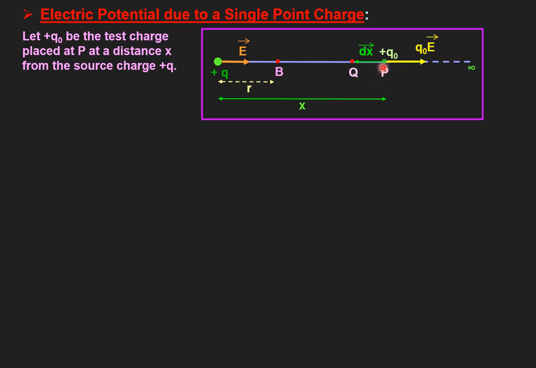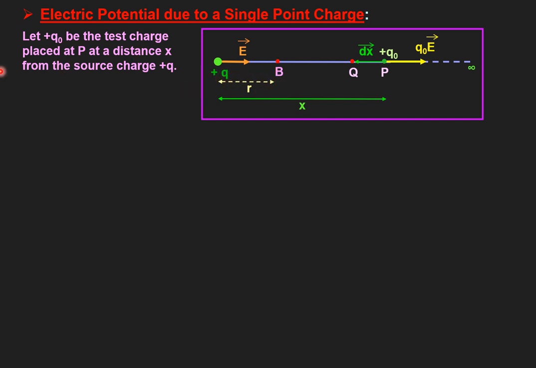So from P to Q, I will first calculate the small amount of work done in displacing the test charge against this electrostatic repulsive force by a small displacement of dx. Then I will integrate the expression from infinity to the point of observation, that is B. Let me call this point P the intermediate observation point. It is at a separation of x from the source charge, while this observation point B is lying at a separation of little r, or small r, from the source charge.